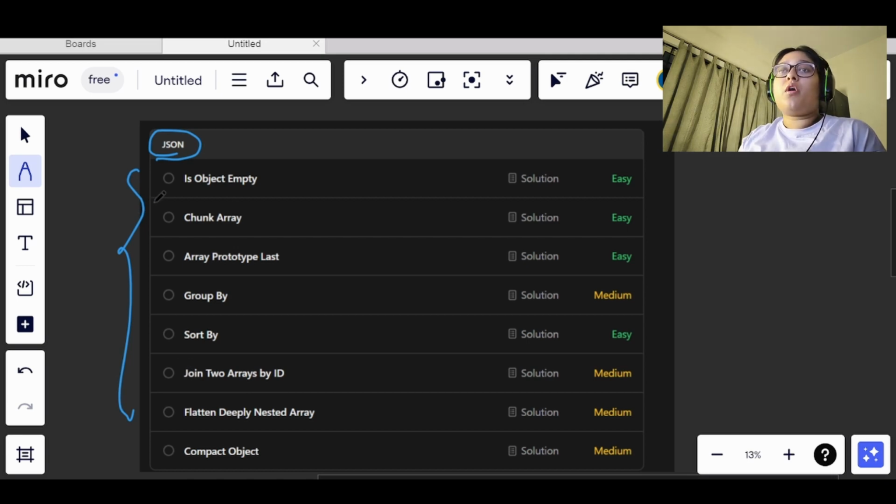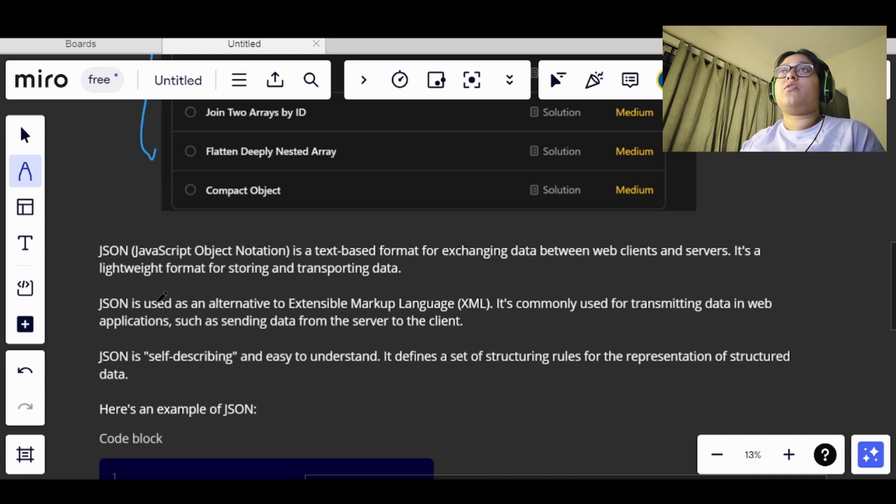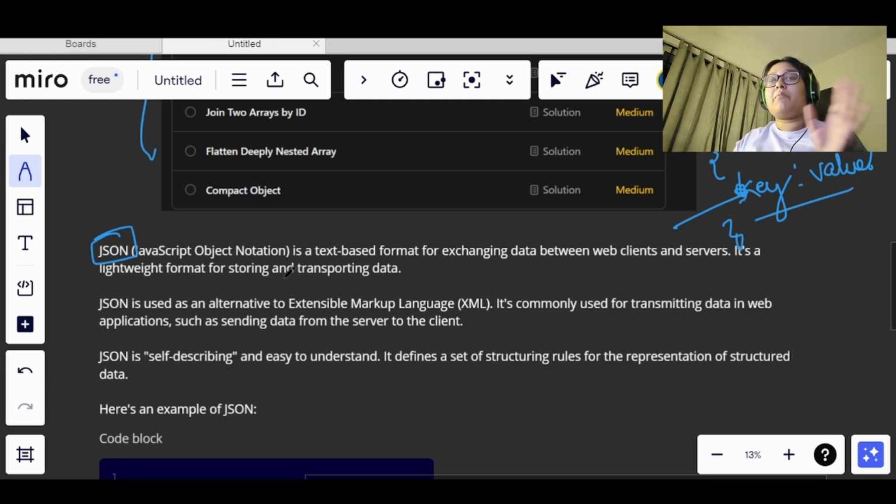Before moving on with the problem, we will get a small overview of what JSON is. JSON is the JavaScript Object Notation. It is the basic object notation that we get from JavaScript. Like an object in JavaScript has key and value pairs, in a similar way JSON also has keys and values. The completely similar idea is followed in JSON also.